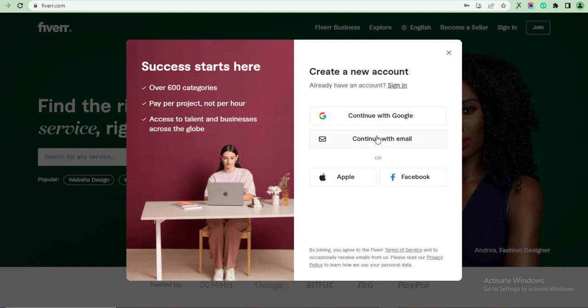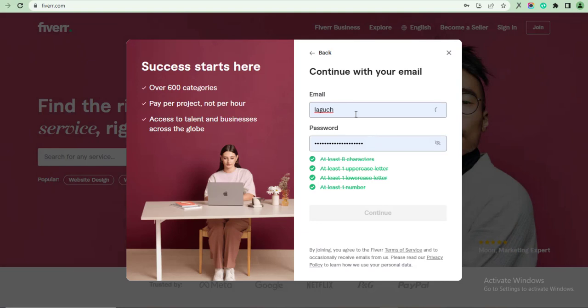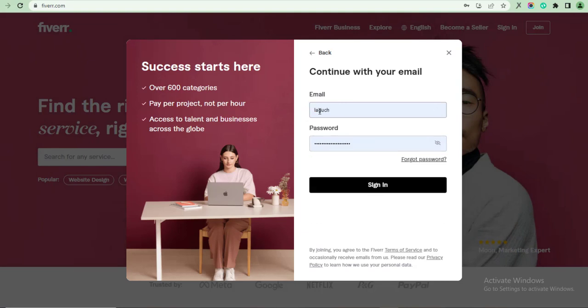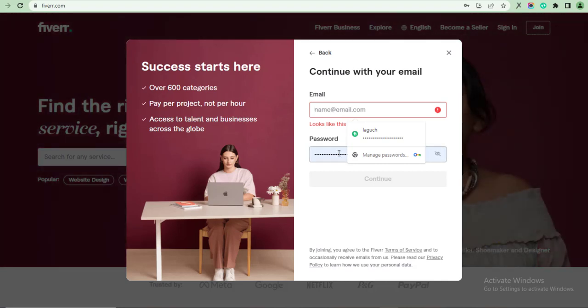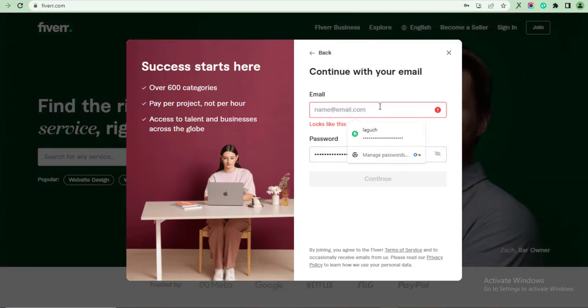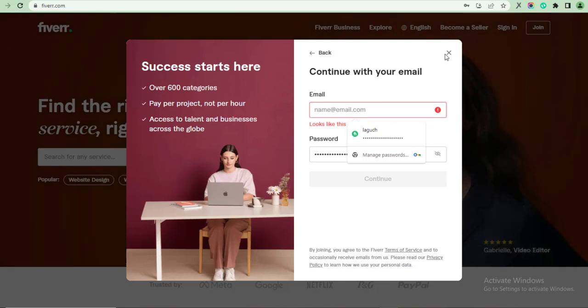If you want to use a different email address, then you can just hit continue with email, and here they're going to tell you to provide your email and password. Once you provide your email and password, you're going to hit continue, and they're going to tell you to choose a username. Once you choose your username, you're going to create your account. Once you are done doing that, now the trick with this is